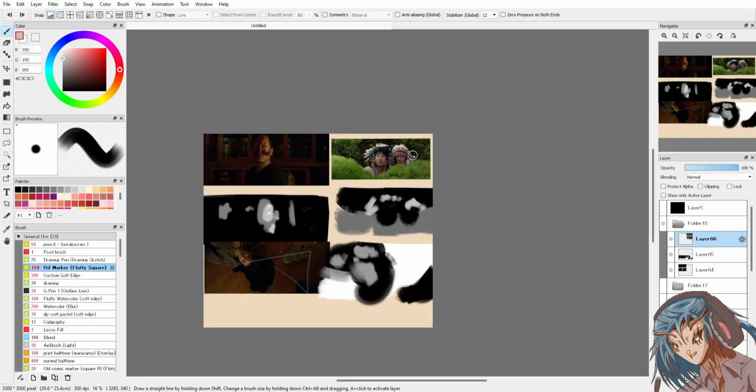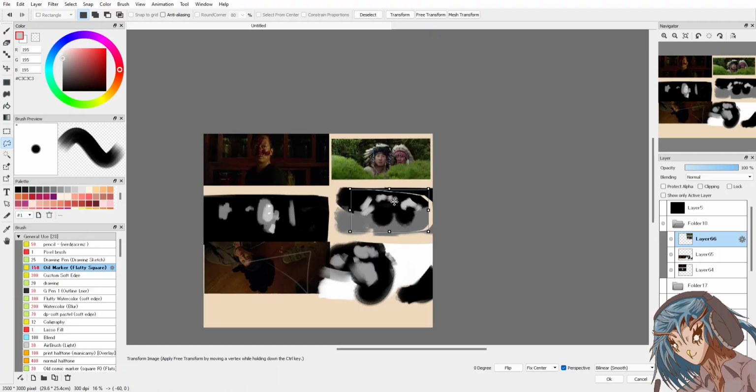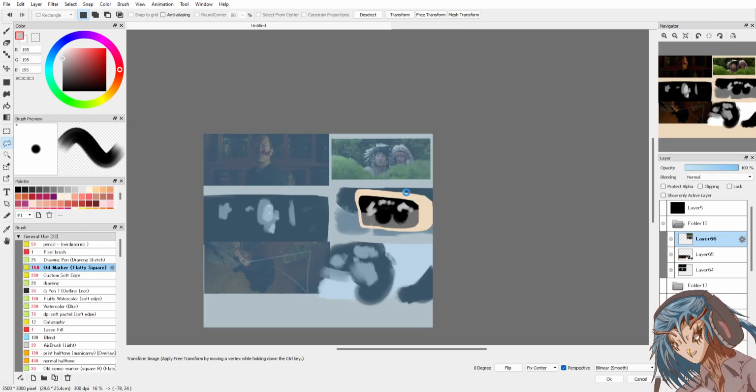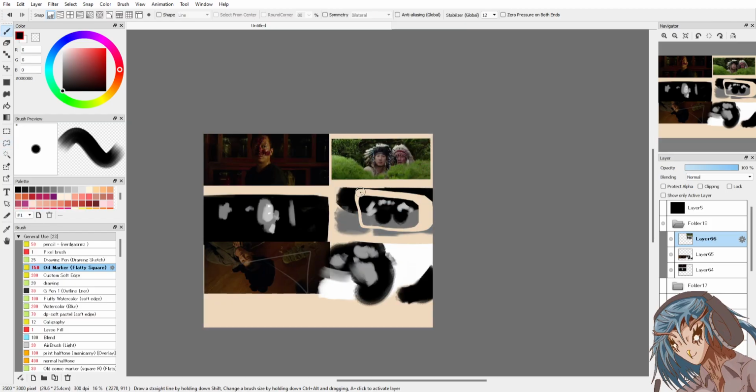Composition. I've placed it wrong. I'm leaning to the right and going too big. See greens, light greens in the house, something like that.